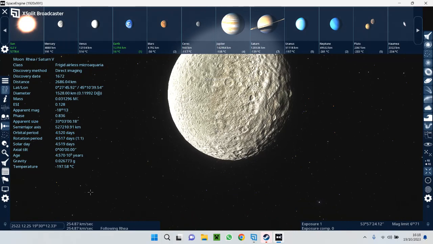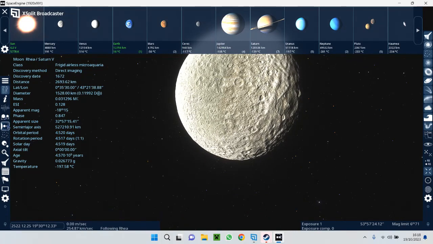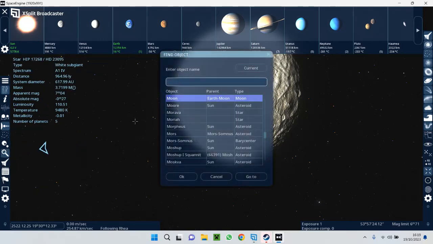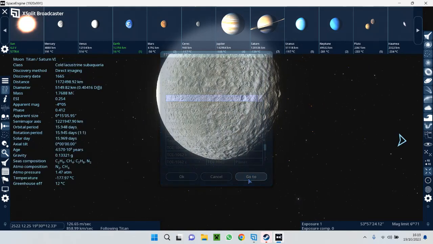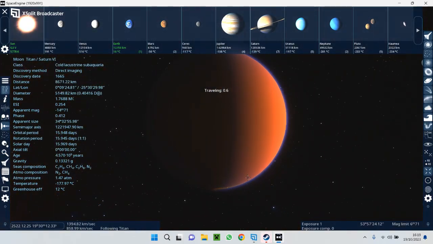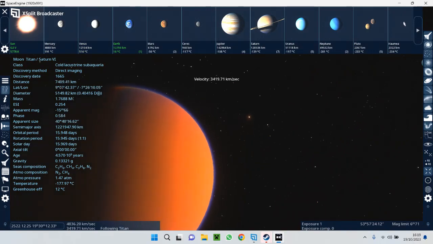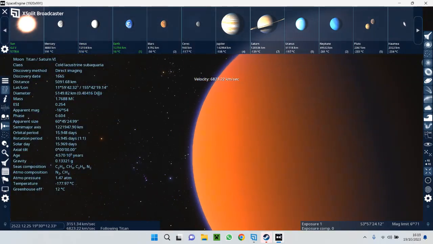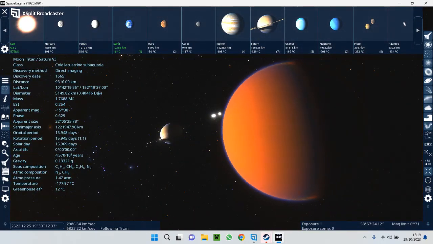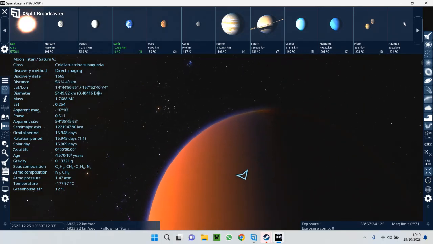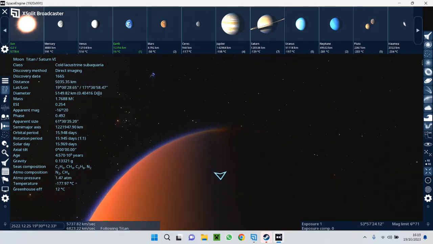I'm gonna go to Titan. There's Titan, Saturn's biggest moon, and probably one of my favourite moons in the solar system.